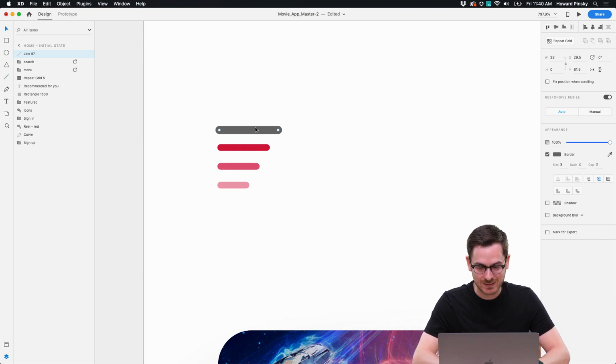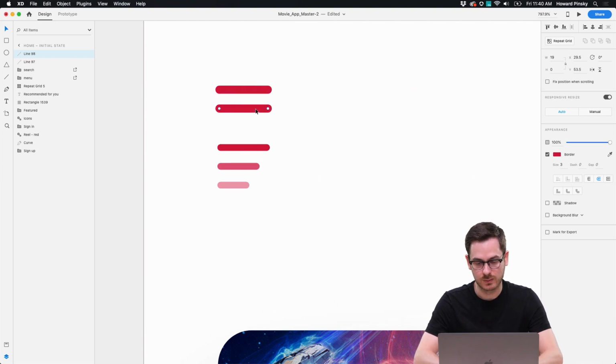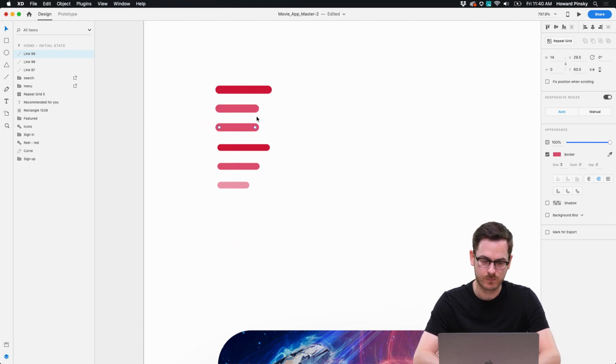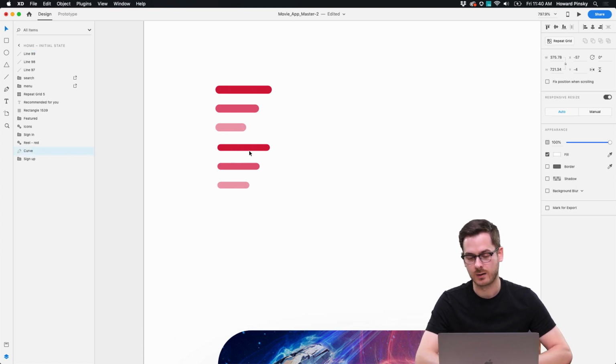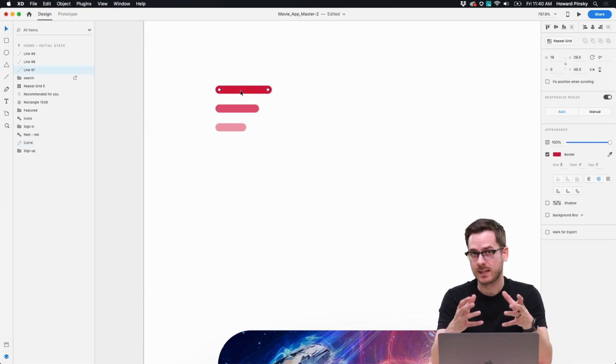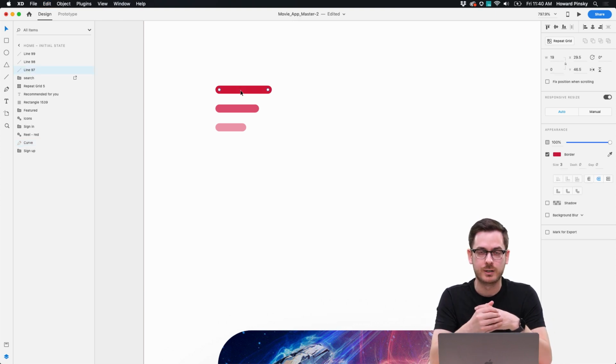So we've got this line. You can move it. You can grab the points, move it in, out, all around. Maybe I'll use the eyedropper over here. Select that. Make a duplicate down. Maybe make this one a little bit shorter. Again, use the eyedropper. Select that color just to give it a little bit of difference, a little bit of variation. And then one more just like that. Move that in a little bit. There we go. And again, select that color. So now we've got our menu. I'm gonna delete this one. Perfect. And we might want to be able to use this throughout not just our mobile screens, but also our